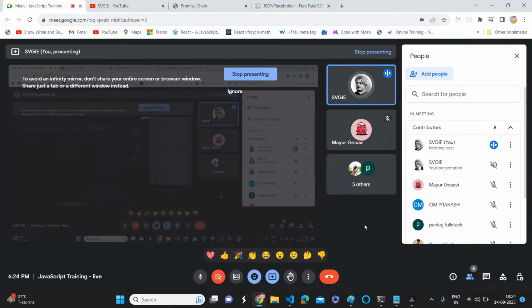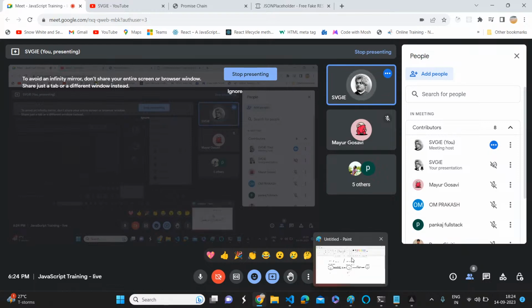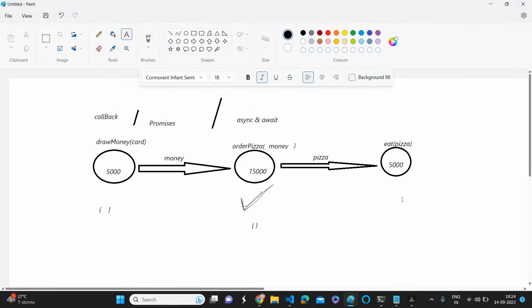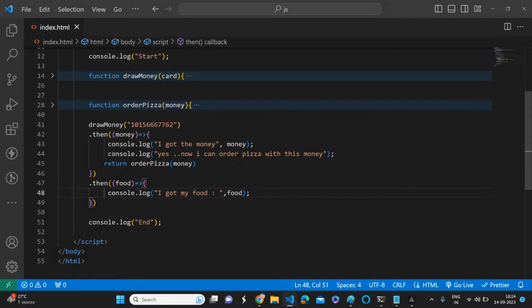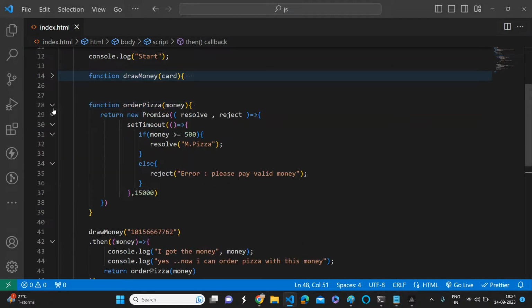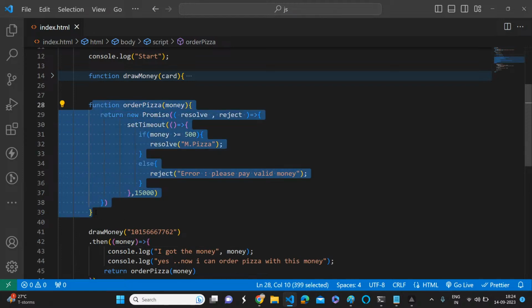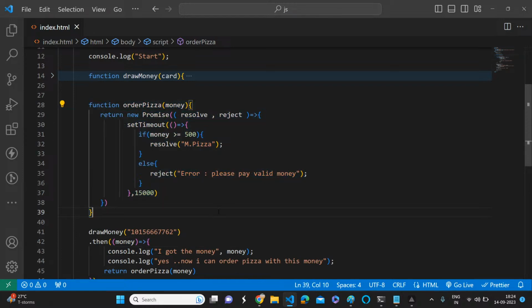Okay, no problem. Are you ready to deal with the third one? Of course. Once we got the pizza, we should eat it, otherwise there is no use. Let's build the third promise. I'm just taking the same copy.